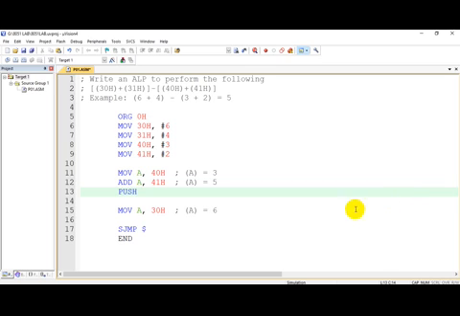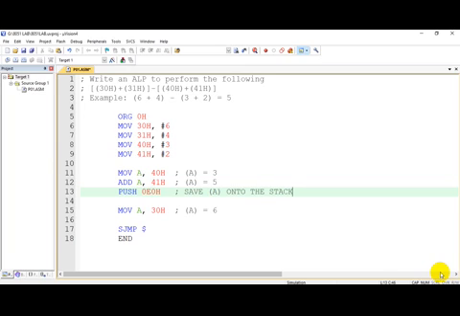What should we save? We should save the contents of accumulator. I cannot write A here because only direct addressing mode is allowed. So I will write the address of accumulator, 0E0H. So what did I do now? I saved the contents of accumulator onto the stack.